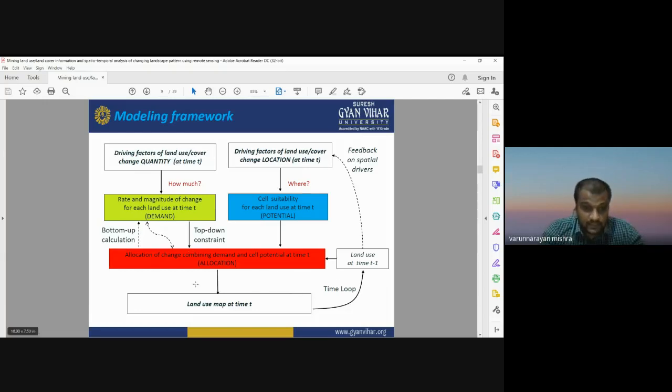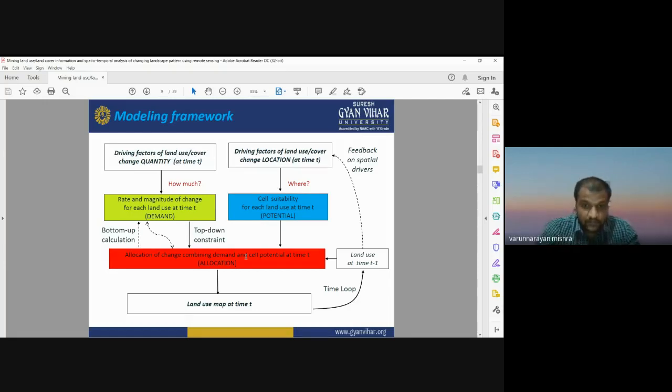or driving factors. You need to identify the driving factors during this process, because when we are going to allocate the location of the change, what are the factors behind that change, how is there change, in what way the change is there. So you need to identify the driving variables behind that much of change in